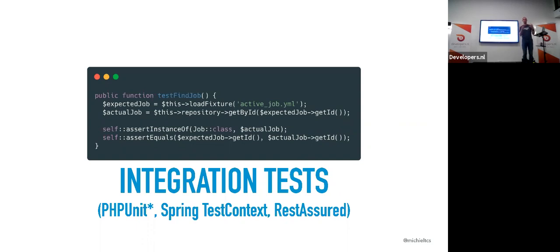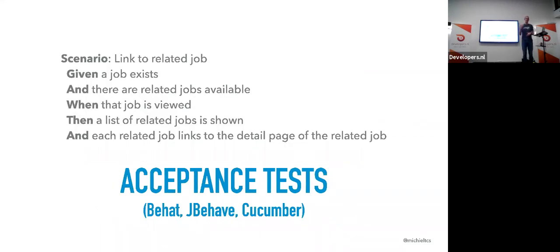So we have components talking to each other. We have a class talking to an actual database that we put in some fake data, for example, to test whether the loading or the saving from the database works, stuff like that. And then we build up to an interesting stage, which is the acceptance test stage, which is where something called